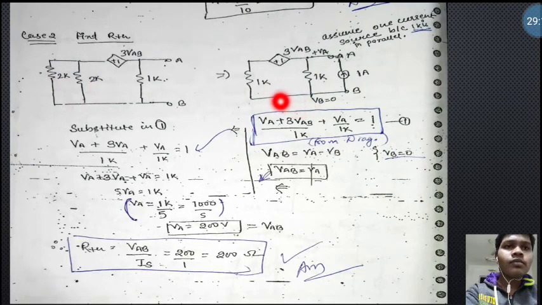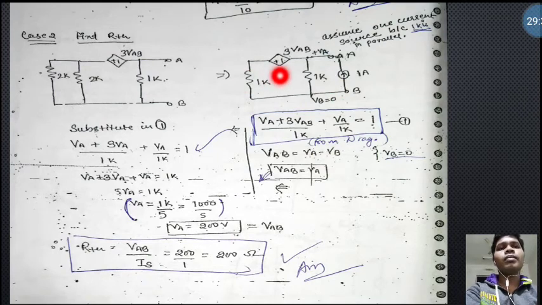Okay, and now here we can apply the KVL equation. So after applying the equation, that is VA plus this voltage divided by this resistance, and VA divided by this resistance is equal to 1 ampere, because this is our dependent source. I have already told you in the previous question number 2 that we can take any value of current or any value of voltage to find the Thevenin's resistance. So we are taking 1 ampere current here.